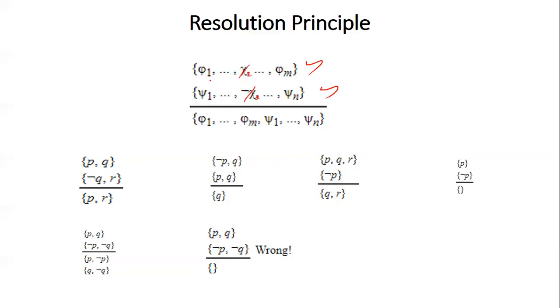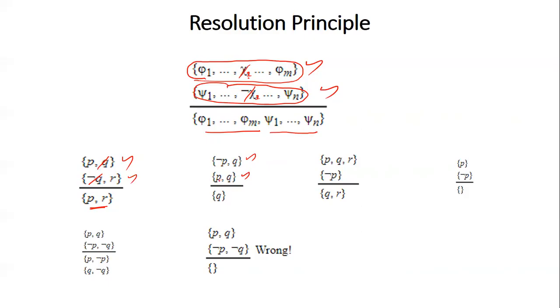So the resultant one will be what? The resultant one will be everything from the first clause other than this x1, and everything from the second clause other than this negation of x1. So that will be the resultant thing. So here are some examples. If the first clause is P, Q and the second clause is not Q or R, then the resultant clause will be P or R. If the first clause is negation P comma Q, the second clause is P and Q,